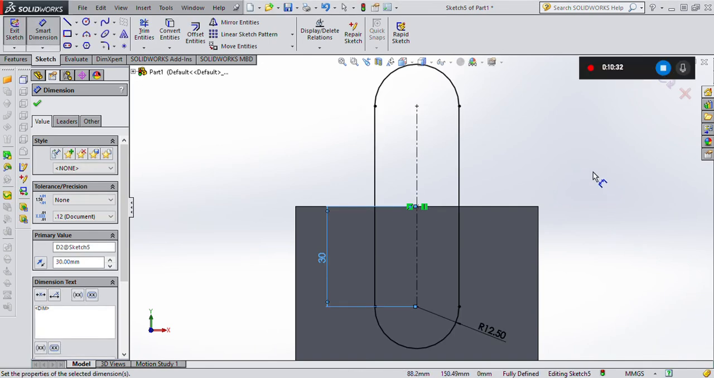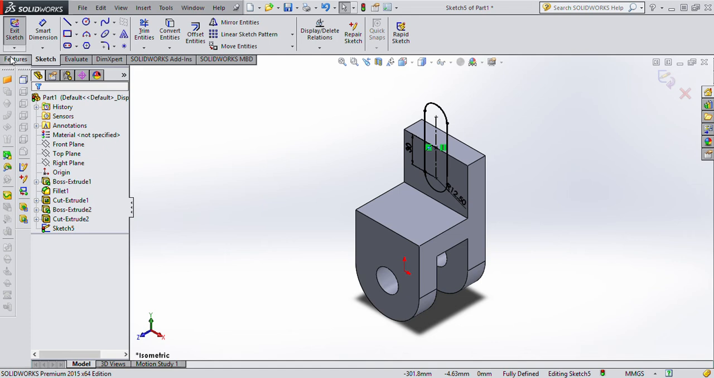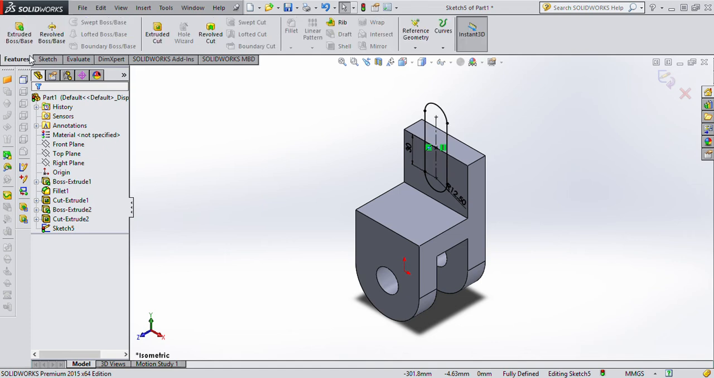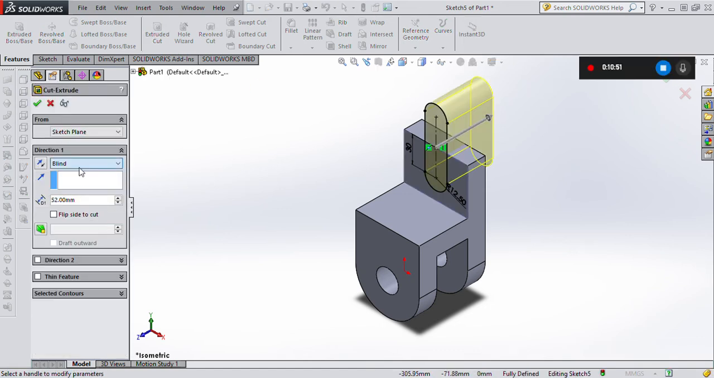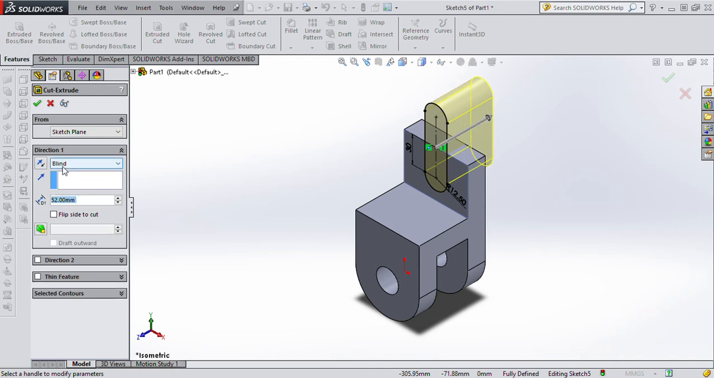Now as you can see here, the color of all of the arcs and lines is black. It means that you don't need any dimension. Okay, isometric. You just need to go to Feature, Cut Extrude or Extruded Cut, and here you have to say Through All. Definitely you may add some terms. For example, instead of Through All, you may put Blind. But if you put Blind, maybe in this case, in this part, nothing will be